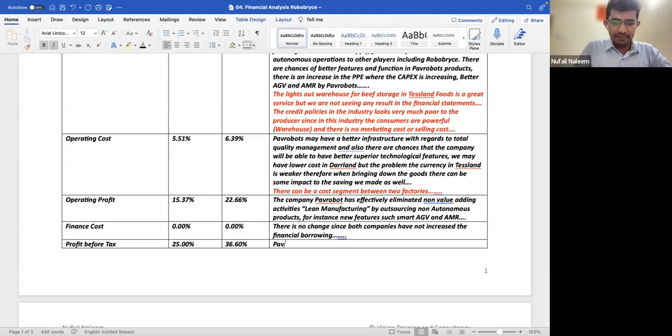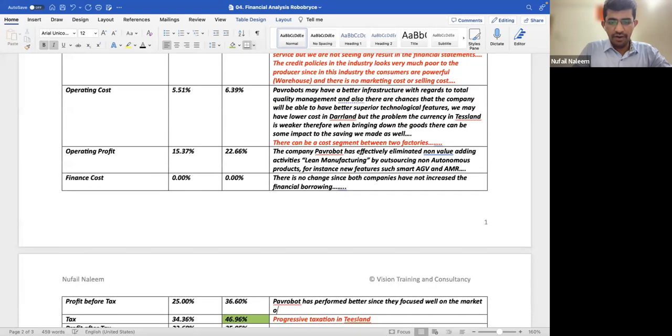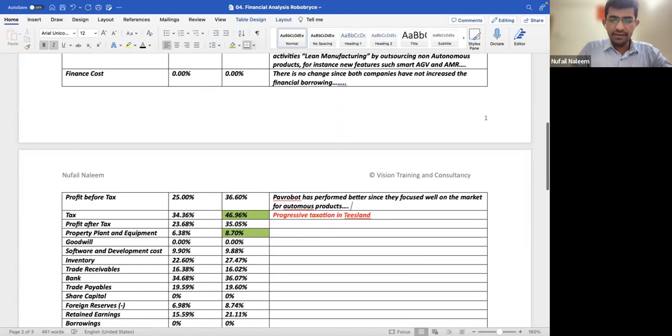Pavrobot has performed better, since they have focused well on the market for autonomous products. Only autonomous products they are effectively focusing on. And I can effectively say Dalan factory